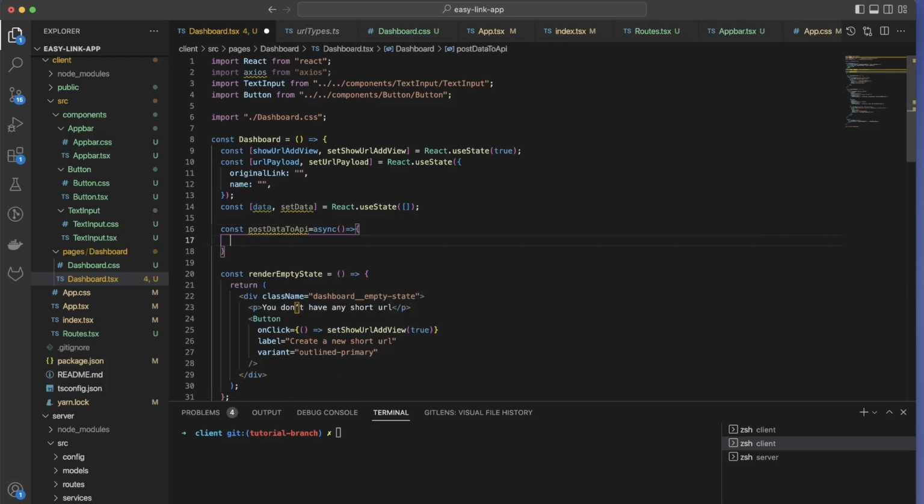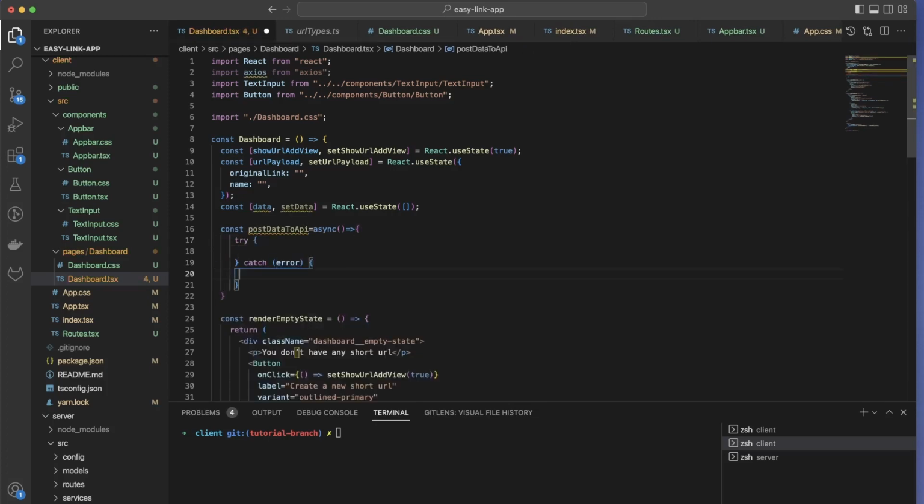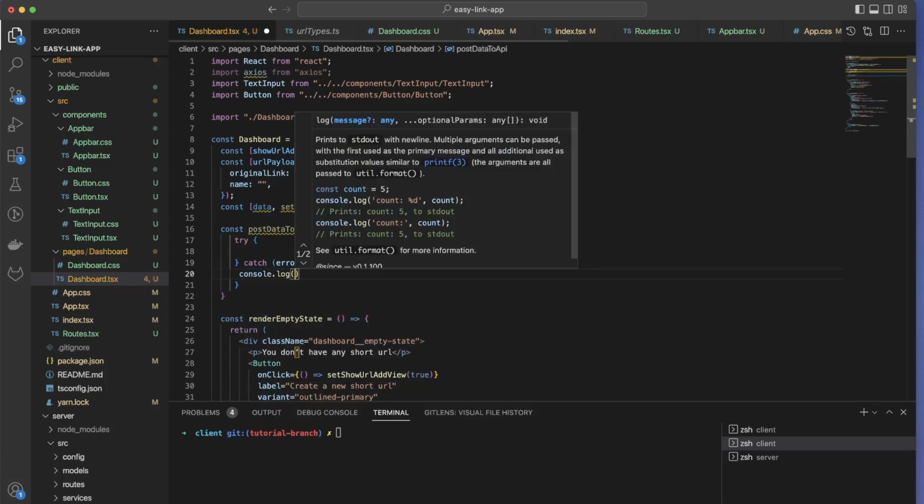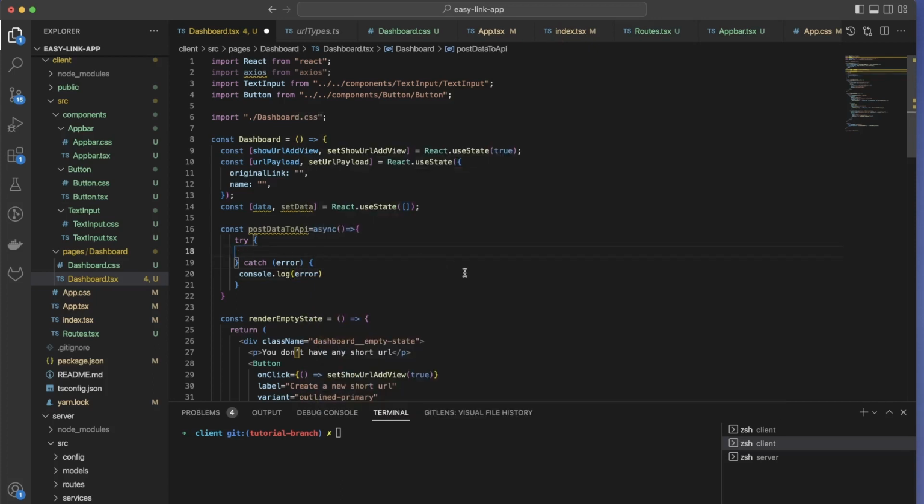And then what we want to do? We want to have try catch here. In case of any error, we want to print that error in our console for now, but we may want to show it to users and so on later. But again, for now we just want to have it there. And then the next one is we need to have